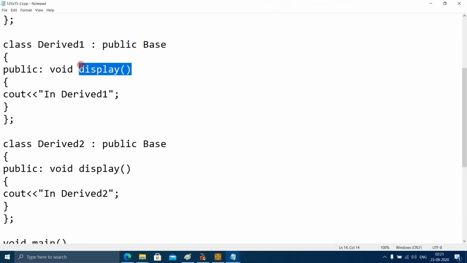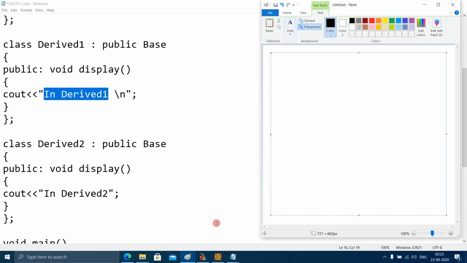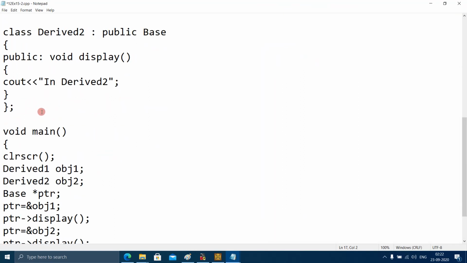Here I want to use \n. So this display function will print "in derived 1", and there is \n, that means the next output should be in a new line. This is the end of the display function. It will be back here.